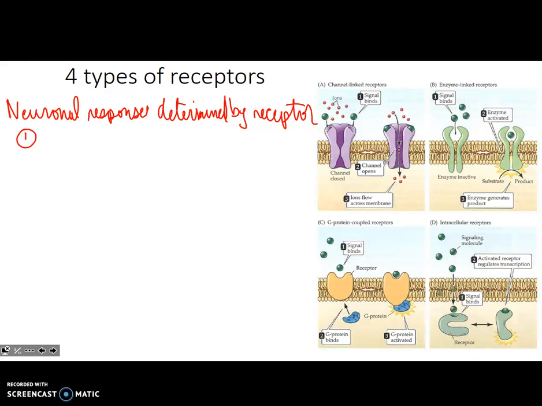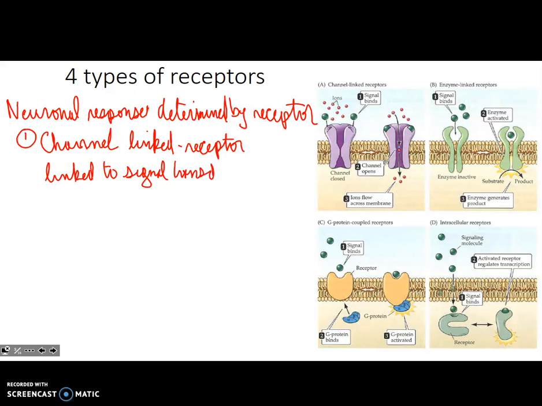So what are these four receptor types we can talk about? The first are what we could call channel-linked. We've had a lot of experience with channel-linked receptors before. In this case, the receptor and the signal transducer are put together. The protein on the cell surface, the receptor, transduces or passes on whatever message that ligand has directly. So the receptor is linked to the signal transducer, and what I mean by signal transducer is just what's going to relay the message.